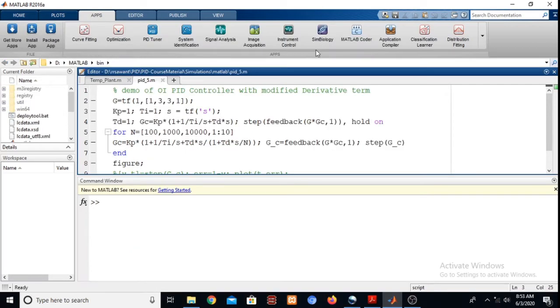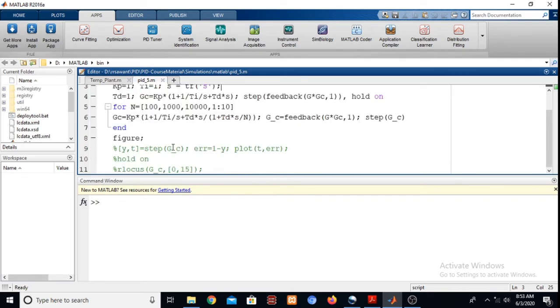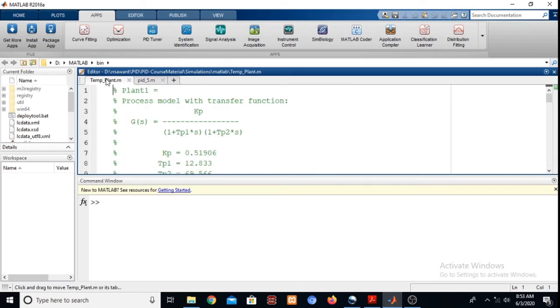So friends, the major problem with the system identification of the plant transfer function from the given data, which is available in input output format, is that we cannot estimate the system transfer function with more than two poles, and also we don't have any visibility or any control on the zeros of the system.